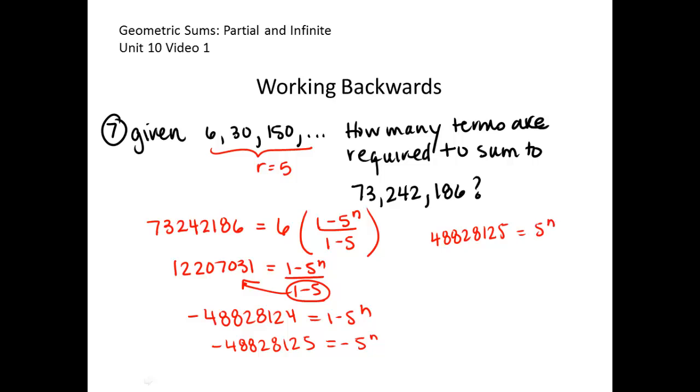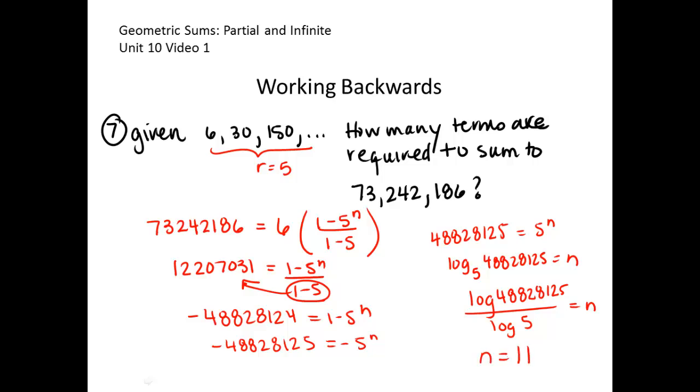At this point, I'm now going to be using logs. Log base 5, base because the exponent here has a base of 5, of 48,828,125 equals n. To type this in the calculator, if you're using the old operating system like myself, that goes in the top and the base goes in the bottom. Carefully type that in the calculator. And you come up with n equals 11. So it takes 11 terms to acquire the sum of